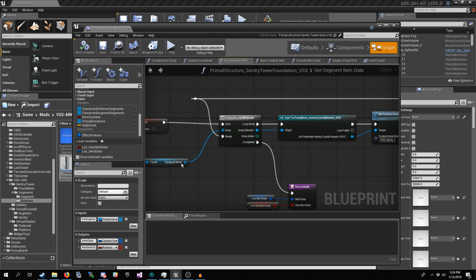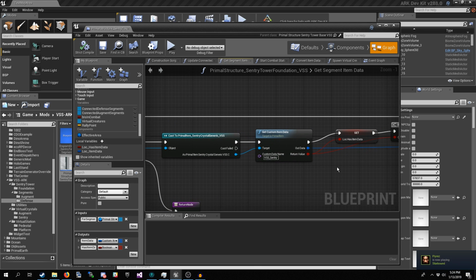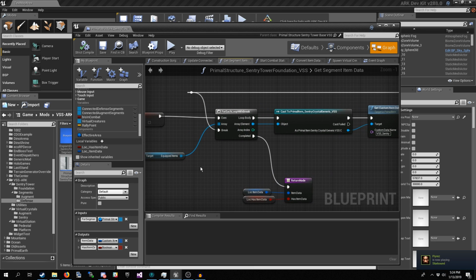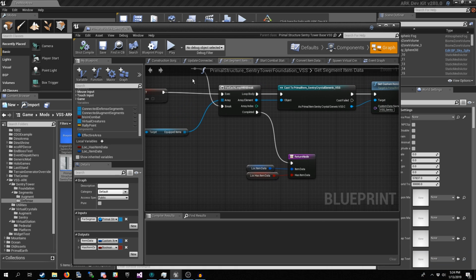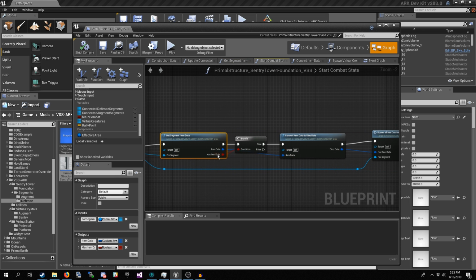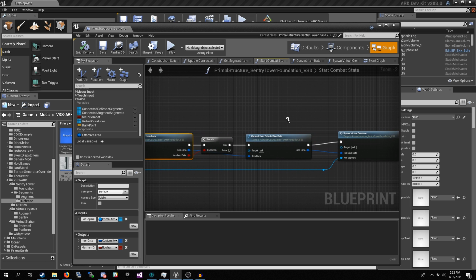So basically, the first time it finds a valid item in the equipment list there, which should be immediately or never at all, then we're going to break out. We're going to return that item data and say, hey, yeah, we found data. Basically, that just gives us an early out for this execution here. If we don't have data, this won't continue. If we do, though, then we go to convert item data to Dino data.